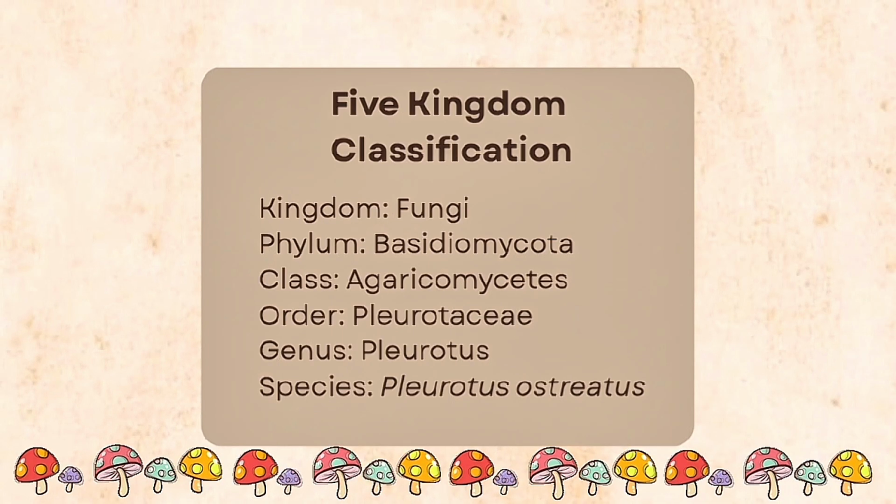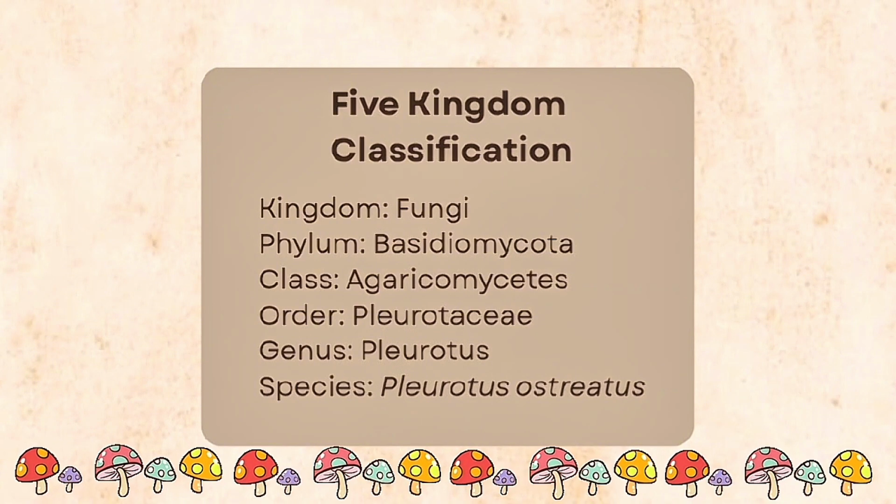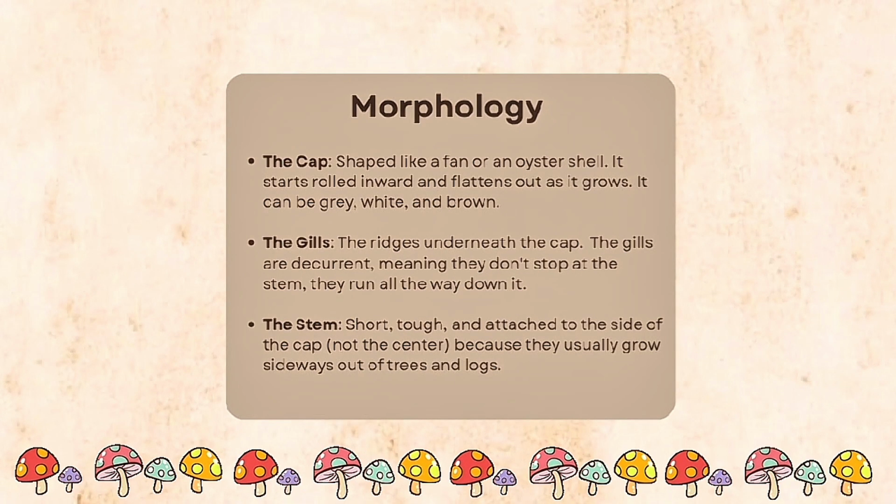For the five kingdom classification, Pleurotus ostreatus is: kingdom Fungi, phylum Basidiomycota, class Agaricomycetes, order Agaricales, family Pleurotaceae, genus Pleurotus, and the species Pleurotus ostreatus. The primary anatomical features of the oyster mushroom can be identified by three